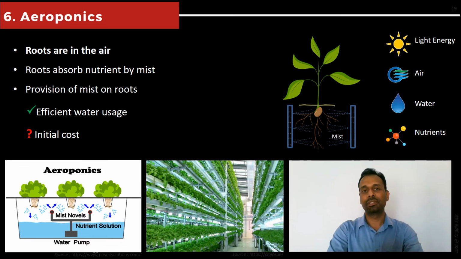Now let me share with you the sixth and very interesting method of growing plants. The method is called the aeroponic system. So basically the aeroponic system is the process of growing plants in an air or mist environment without the use of soil. So let me demonstrate the simple logic of how this system works and how the plants grow in an aeroponic